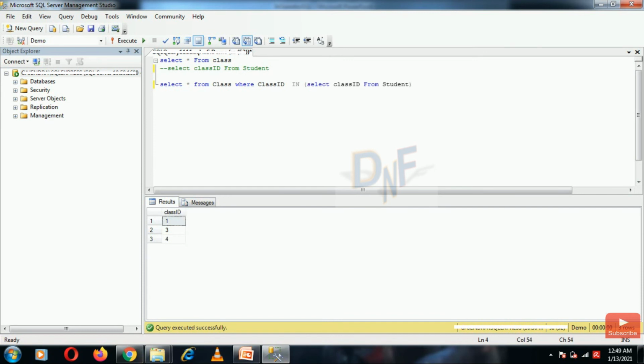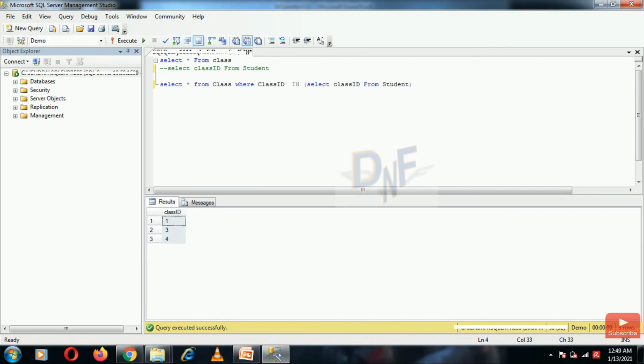You can see I just copy pasted this query. This query basically returns the list of class IDs, and we match this class ID with the class ID column of the class table.